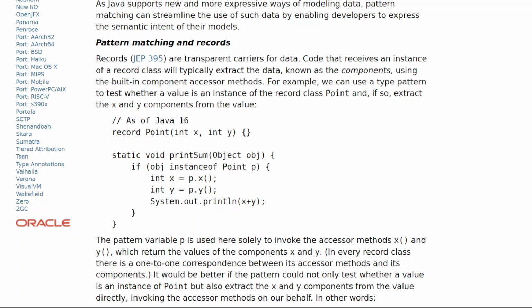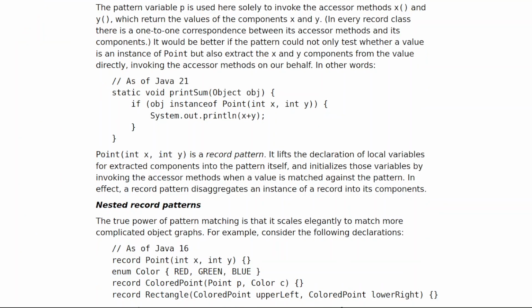In every record class there is a one-to-one correspondence between its accessor methods and its components. It would be better if the pattern could not only test whether a value is an instance of Point but also extract the x and y components from the value directly, invoking the accessor methods on our behalf. In other words, as of Java 21: